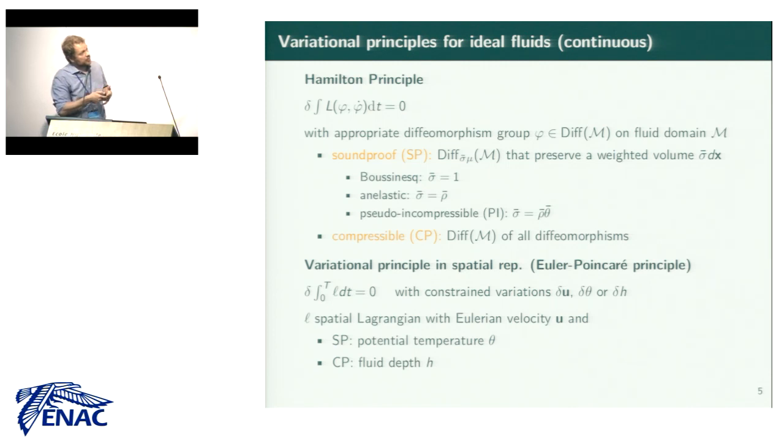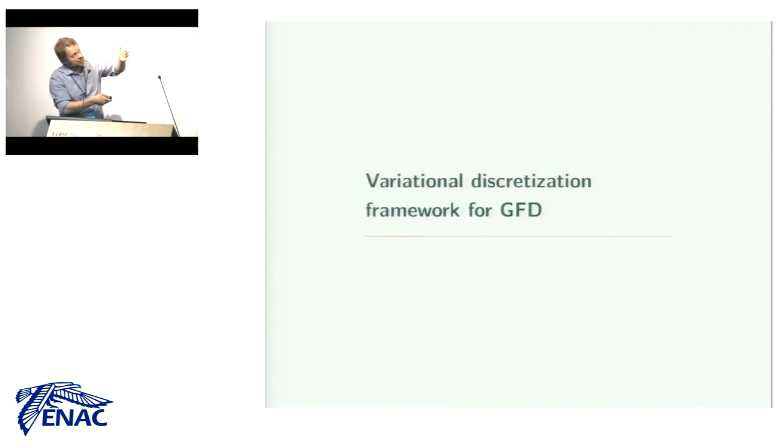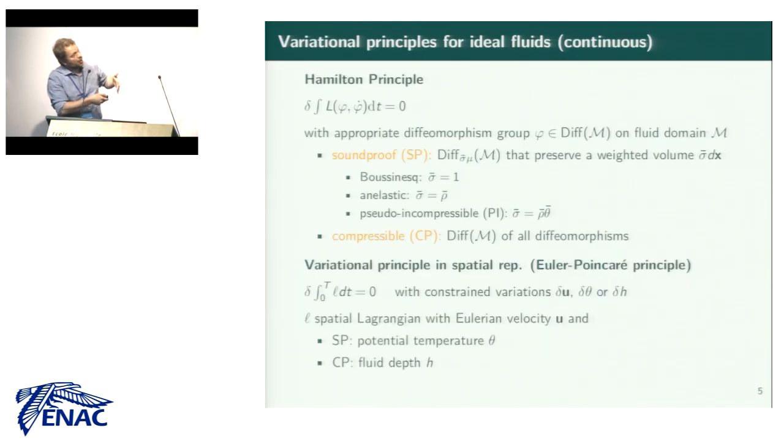And so we come to a spatial Lagrangian, where the Lagrangian doesn't depend on the diffeomorphisms themselves, but on the spatial or Eulerian velocity field u, and in the soundproof case on a potential temperature. This was this profile that I showed here. It's a background stratification of the field, or in the compressible fluid,